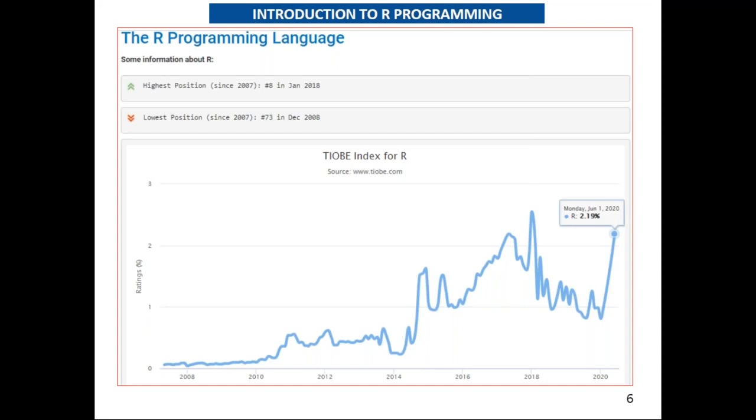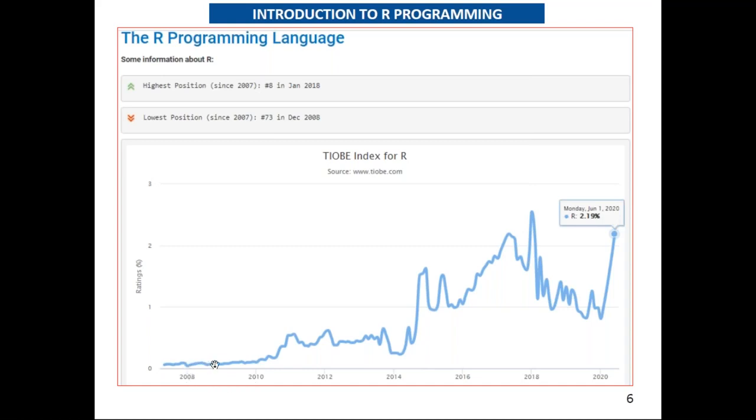Now you can see after 10 years the drastic change, it stood 8th position. Now in 2019 again it was at 22nd position, some decrement. Again in 2020, after 1 year, you can see it stood at the same 8th position.